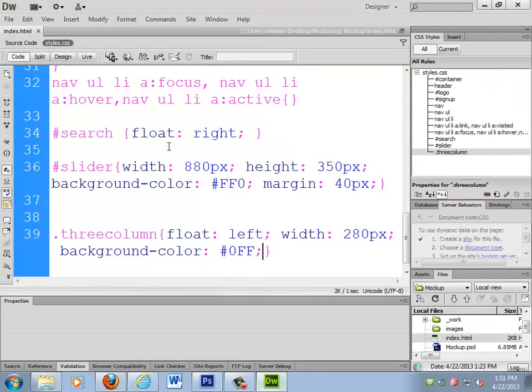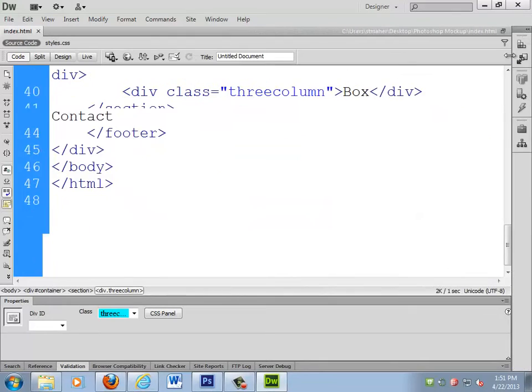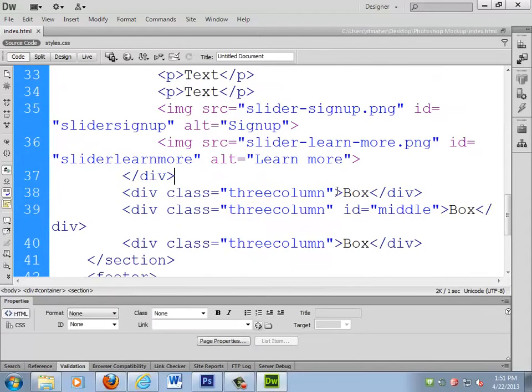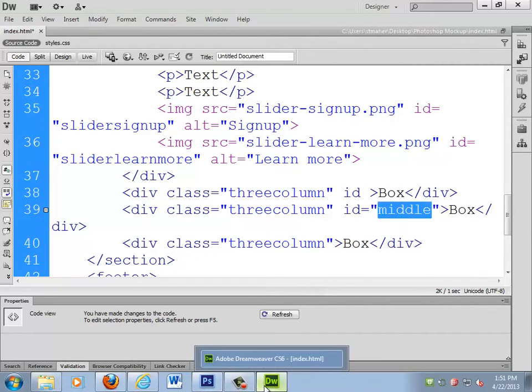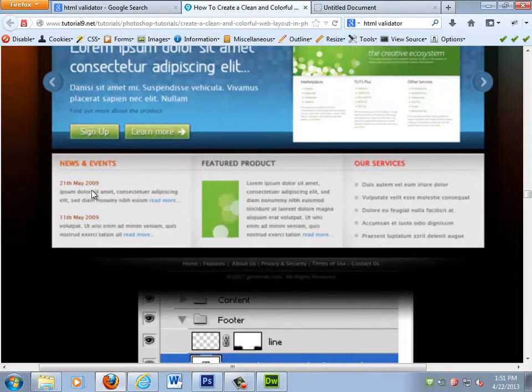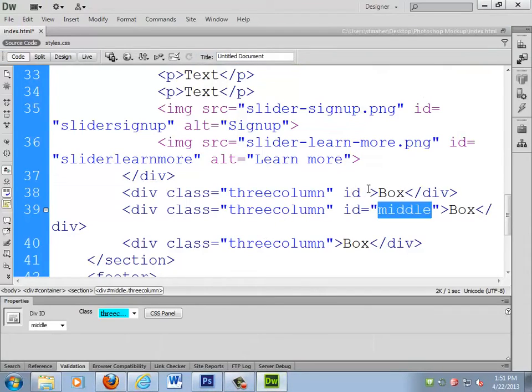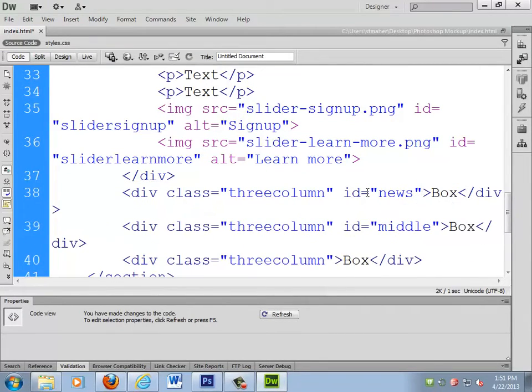This does mean that I need to give IDs to all of these. And middle is an awful name for a CSS selector. It's actually one of the worst possible names I could have come up with. So the first one's supposed to be news, the second one's supposed to be featured, and the third one is supposed to be our services. So those are more appropriate names. So the first one will be ID equal news